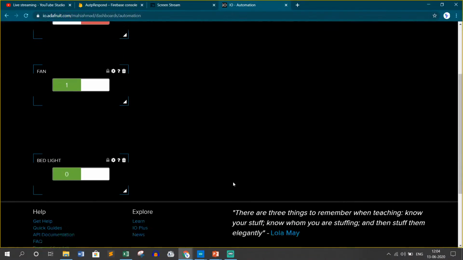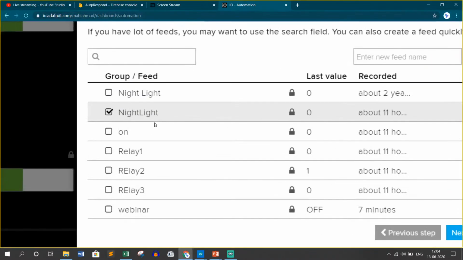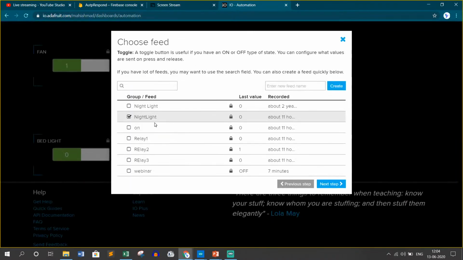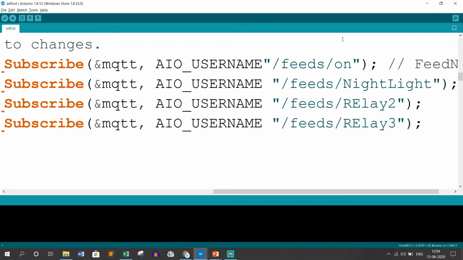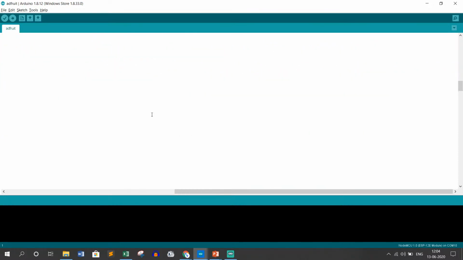If I click on the properties of the other ones, you can see here that for the bed light, the feed name is nightlight. So I have copied the same, and I'm going to enter the same feed name here, and this line will subscribe to that feed. Once you have subscribed to the feed, the next lines are,